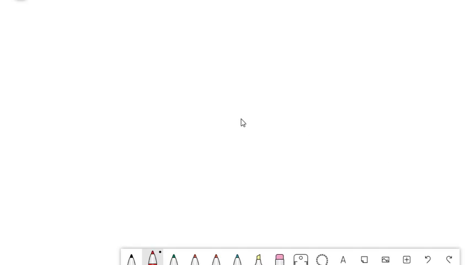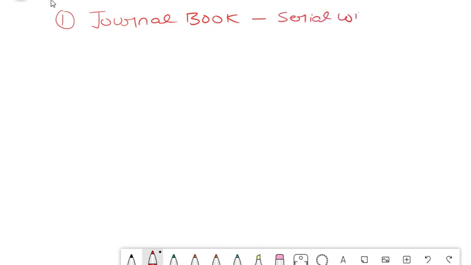So before moving into the balance sheet concept, I just want to quickly tell you what happens first. The first step is a journal book, wherein you post all the transactions serial wise. Every transaction is posted serial wise, all transactions. That is the key. This used to happen when there were physical books of accounts. Nowadays it is all ERP, so they call it a journal entry. Earlier days all the journal entries were posted in a book and it was called a journal book.